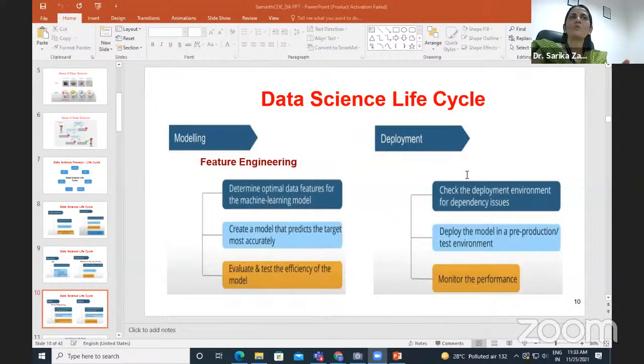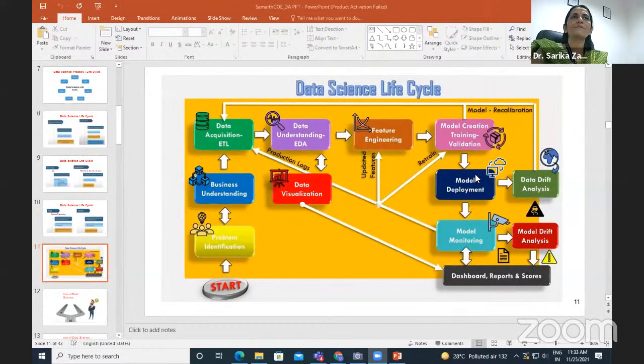Okay, modeling, you know how to create the model, training data set and testing data set, and based on that, you are preparing the model, analyzing, and deployment. So the data science life cycle, just now whatever I have described, in the same way, this is the data science life cycle. In a broader way it means understand the problem, understand the business, ETL process, EDA and data visualization. 1, 2, 3, 4, 5. If you can see these 5 blocks, this is the role of the data analyst. And if you can see, starting from feature engineering till this, it is the role of the data scientist.